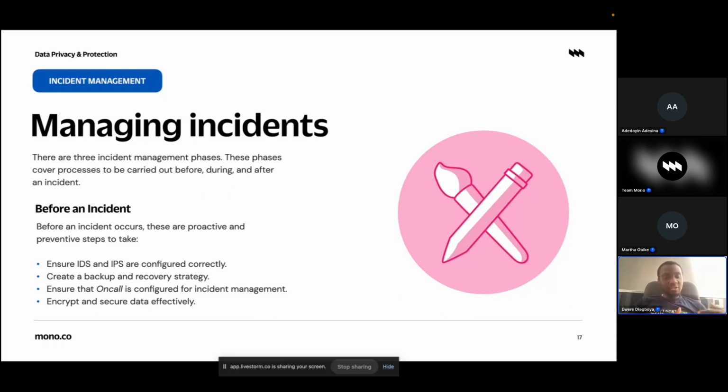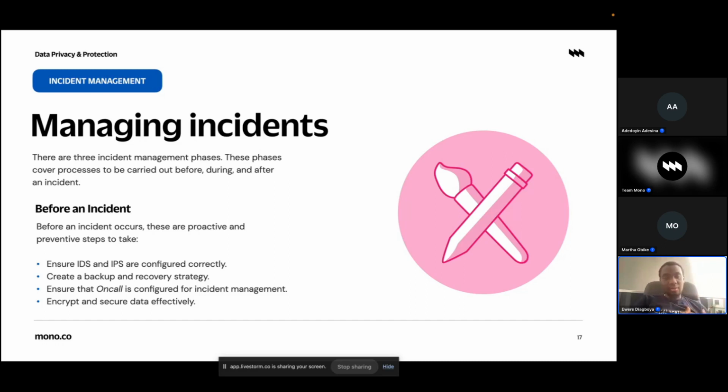It's not just about having an IDS and IPS. You need to update your IDS and IPS. Some level of WAF, also web application firewall, that you can use to protect your system, and you update the security controls that come with them. So whatever you configured 3 months ago, or 1 year ago, might become obsolete. So it's not just about having them there. You need to regularly make sure that the configurations are correct and up to date.